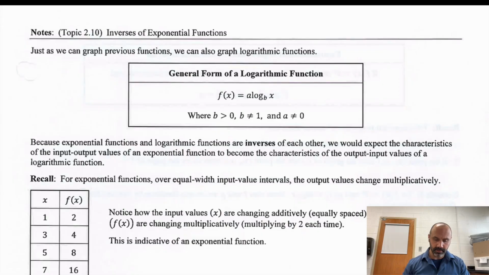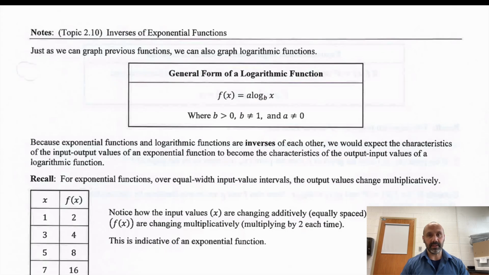Hello, friends. We're continuing our study of logarithmic functions by looking at them as the inverse of an exponential function. What we learned last time, the general form of a logarithmic function, f of x equals a log b of x, where a is the coefficient in front and b is